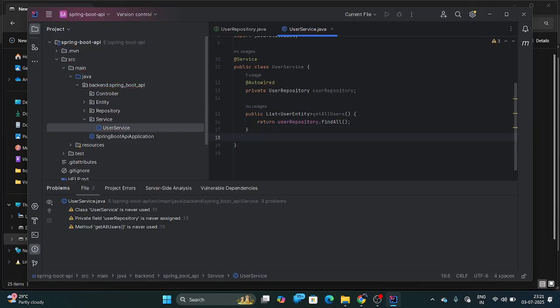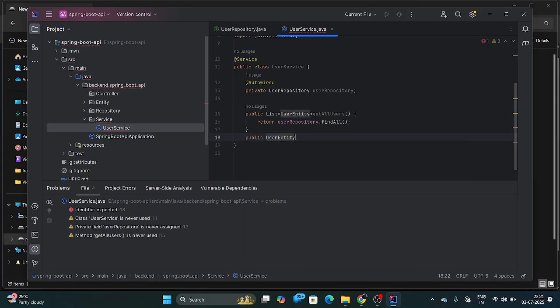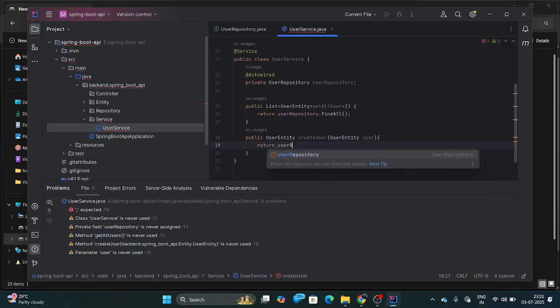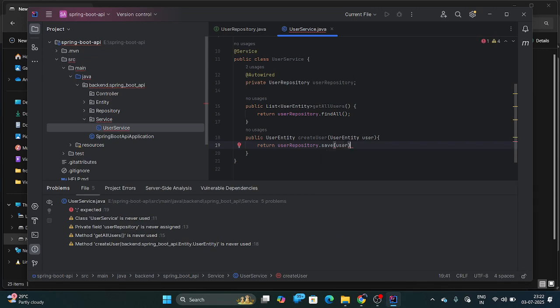And I make a service createUser: public UserEntity createUser, with parameter UserEntity user, and return userRepository.save(user). Okay, and